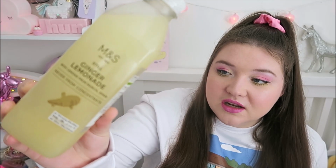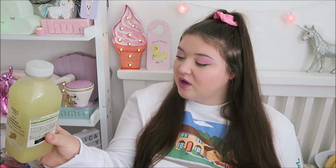Still ginger lemonade. We've squeezed 1.5 lemons per bottle and some ginger, and I have been obsessed. This has been missing for 4 weeks, and then we went, and this is fully stocked, so I've got loads of bottles of it, but the clementine one's gone, so I can't even show you. But the clementine one is from Marks and Spencer's, both of them are. If you find the clementine one, it literally tastes like you've just put a whole clementine in your mouth. It's like the fruitiest, juiciest, loveliest drink